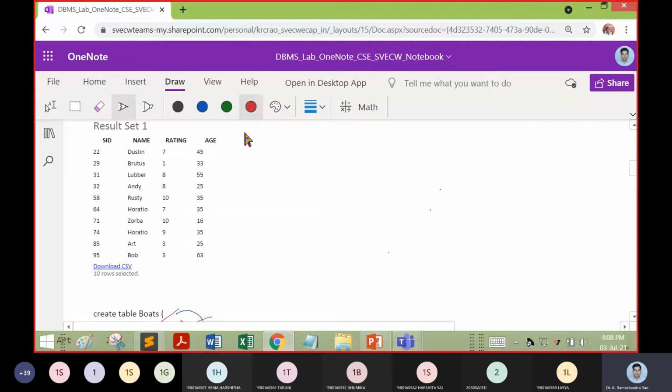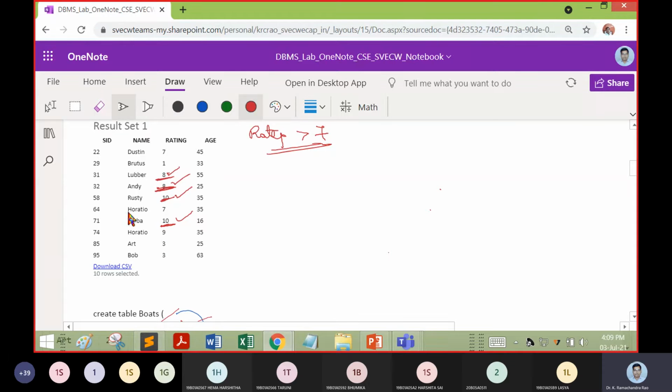Now the question was rating greater than 7. 1, it will be Luber because his rating was 8. 2, it will be Andy because his rating was greater than 7. 3, it will be Rusty because his rating was greater than 7. 4, it will be Zurat, his rating was greater than 7.